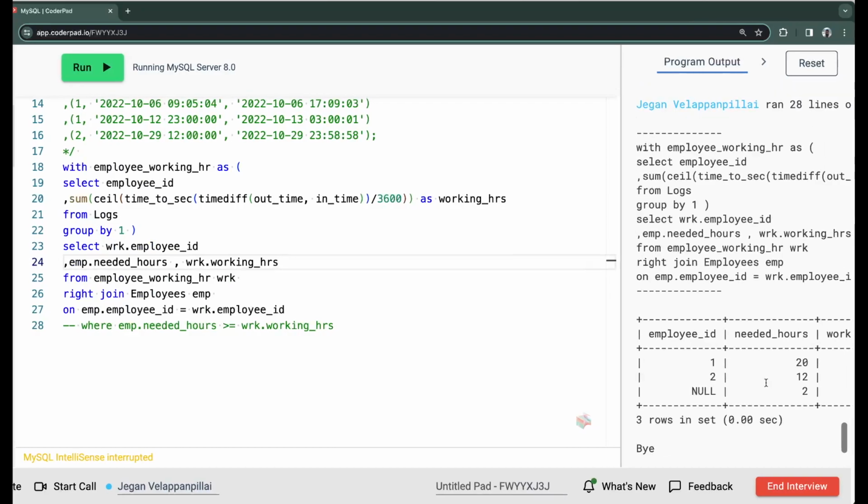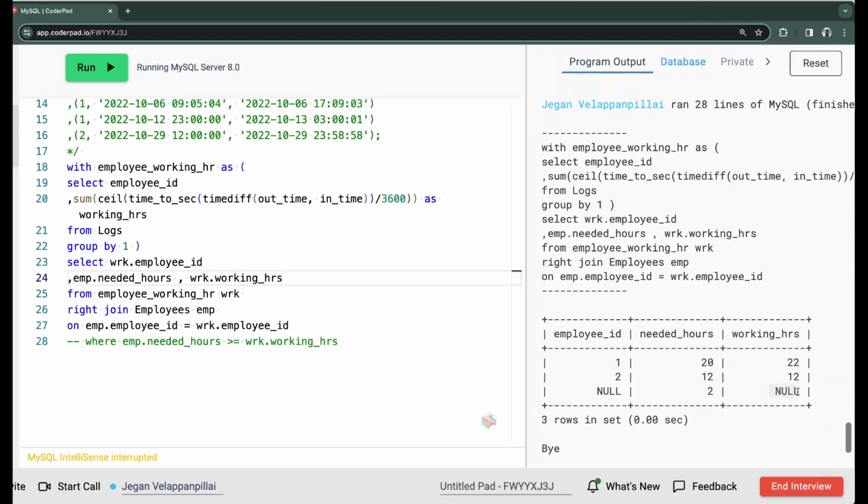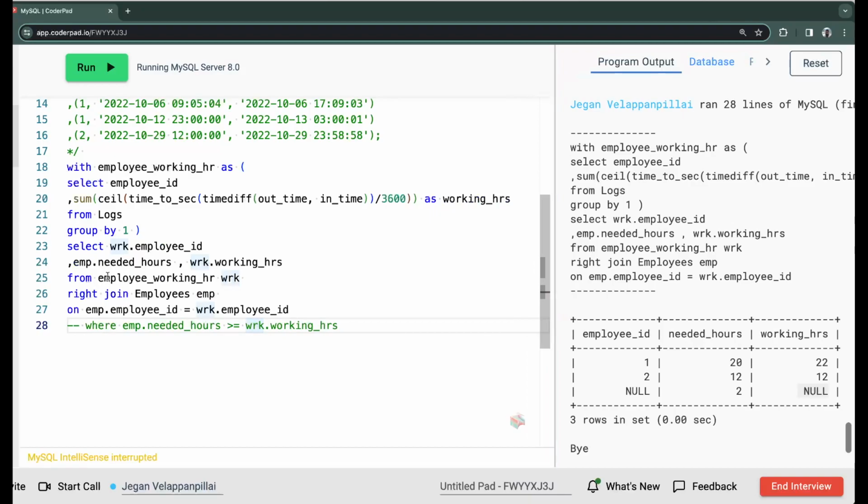See, so the working hour is going to be a null value. So if you say the needed hour is greater than or equal to null, it's not going to work. So to make it work, what you have to do, remove this guy,